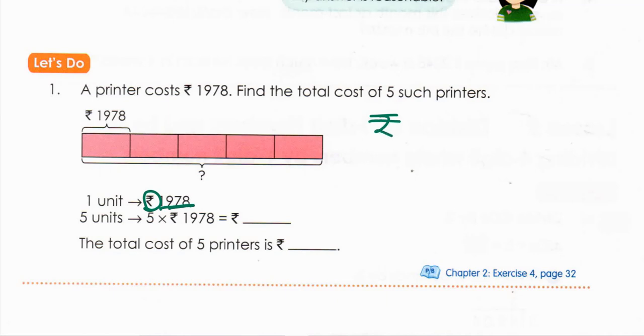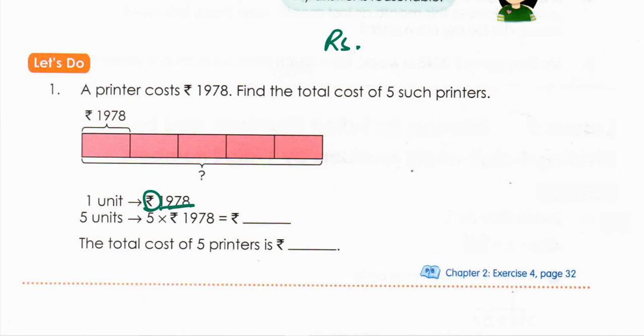Here he has given the symbol of the Indian rupee. This symbol. Okay. You should not keep a dot, and you should not keep a slash or hyphen. For rupees written as Rs, you should keep a dot. But whenever you use the Indian rupee symbol, you should not use a dot, or at the end of the number you should not keep a slash or hyphen like this. Remember this. This is a rule.